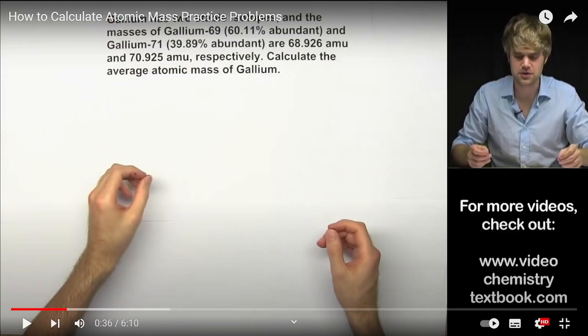Okay, we're just going to pause. Do you guys know what the term abundant means? If I say 60.11% abundant, that means, sorry? Yeah, abundant means there's a lot of it. But if I actually give a percentage with the abundance, what it means is gallium-69, the first one, is 60.11% abundant. That means out of every single gallium atom in the universe, 60.11% of them have a mass of